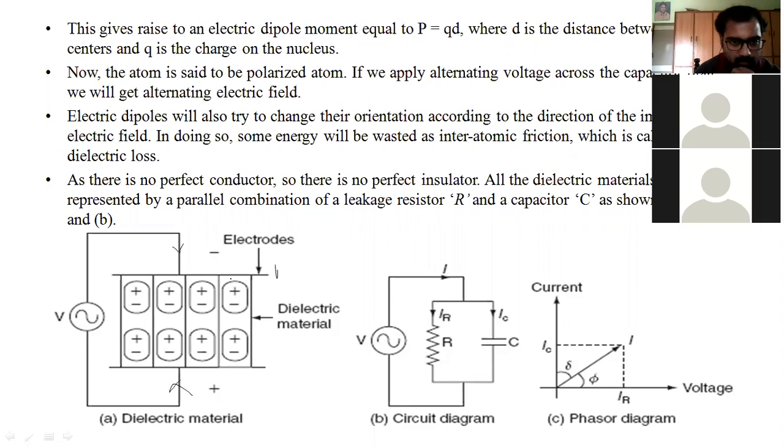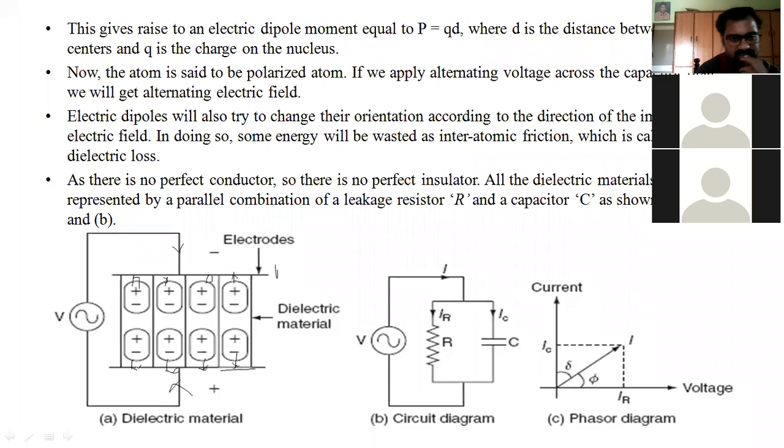Whatever the charge, positive or negative, for the negative plate the positive charge is going to be attracted. This is the negative plate. When coming to the positive plate, the negative charges of these electric dipoles are going to be attracted. This orientation is going to be done. The dielectric dipoles are going to be attracted with respect to the charge of your electrodes.